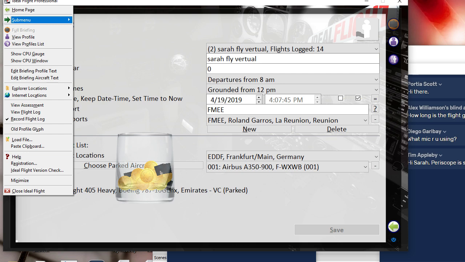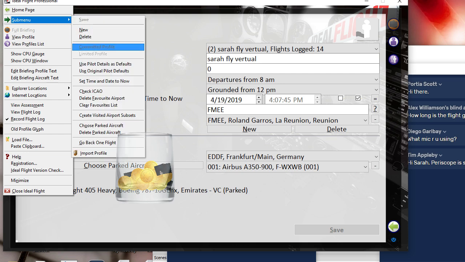Submenu. Save unavailable. New. Delete the committed limited profile. Use pilot details as default view. Set time and date to now. Delete favorite airport. Clear favorites list. Create visited airports. Choose parked aircraft. Delete parked aircraft. Go back one flight. Import profile. Go back one flight? I didn't even know I could do that. Nice. Although all these right now are long hauls, so I kind of